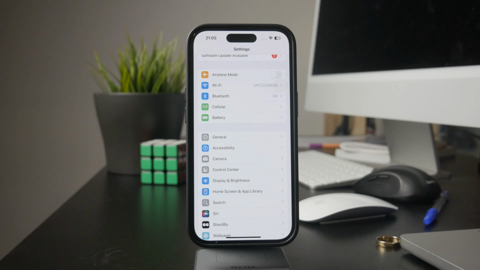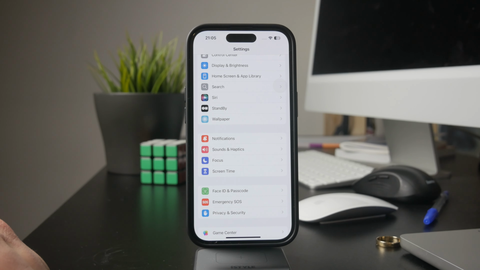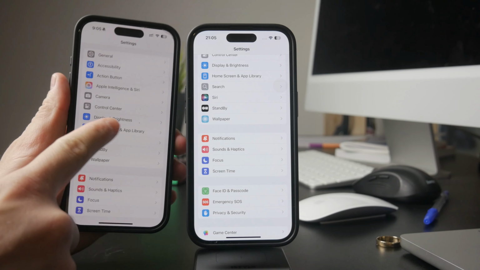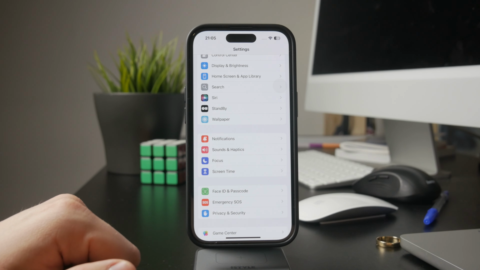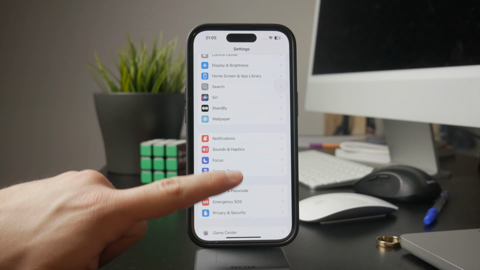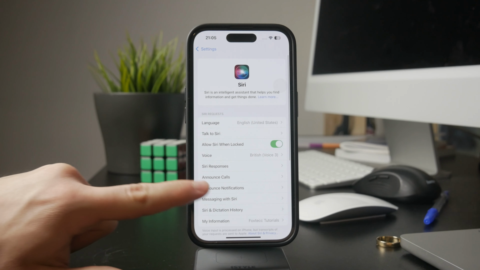First, open the Settings app on your iPhone. Scroll down and tap Siri and Search. If you're using iOS 18 or later, this section is now called Apple Intelligence, but it's still the same menu where Siri settings are. Once inside, find and select Announce Calls. Here you can choose when Siri should announce calls, whether always, headphones in car, headphones only, or never, depending on